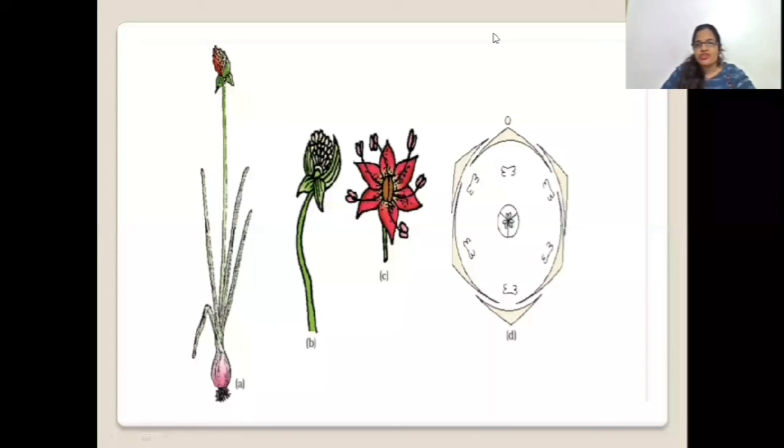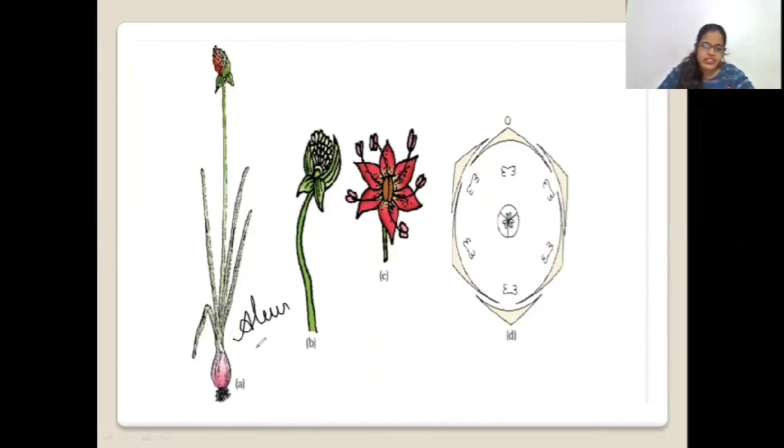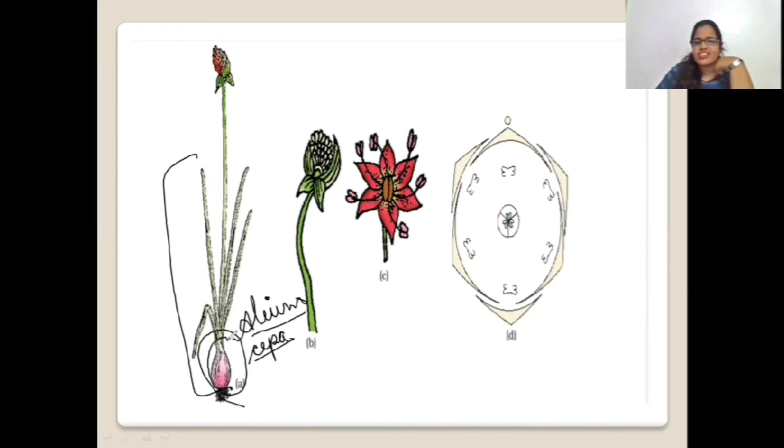So in these pictures, the first one you have got is of Allium cepa. Allium. It's not alien, it's Allium cepa. Since it's a scientific name, I have underlined it. Now, can you tell me what plant it is just by looking at the picture of the plant? Is it familiar to you? Yes, it is familiar. It's the onion we eat. And these are the green onion leaves. So basically, Allium cepa is onion, and this complete thing is about the onion. That's what you need to remember.